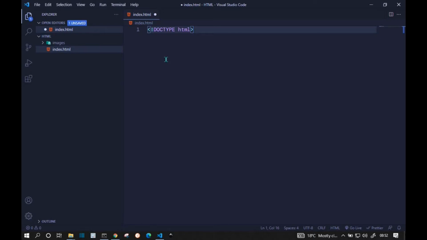Okay, and then after this we usually have a HTML tag. So this HTML tag is considered as the root tag of our web page. So when I click the greater than sign, you'll see Visual Studio Code will autocomplete our tag here. And this is how tags are written in HTML. This is usually the opening tag, and this is usually the closing tag. And the difference is only this slash in front of our HTML here.